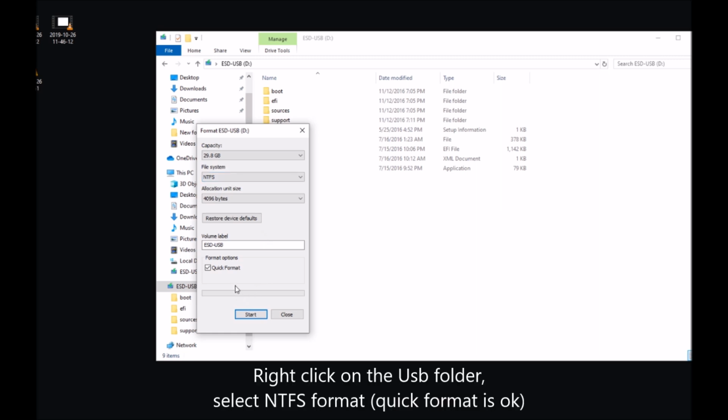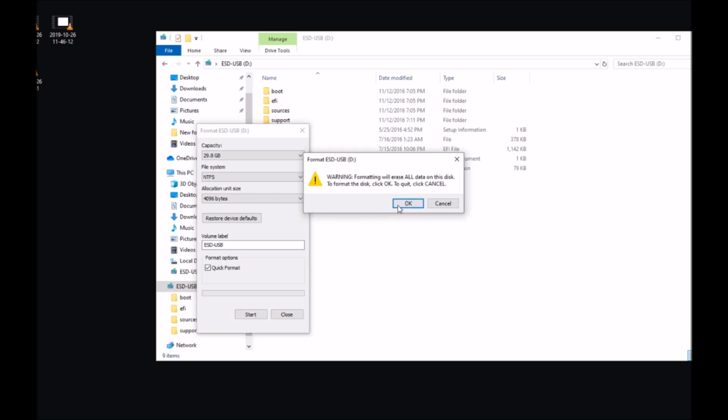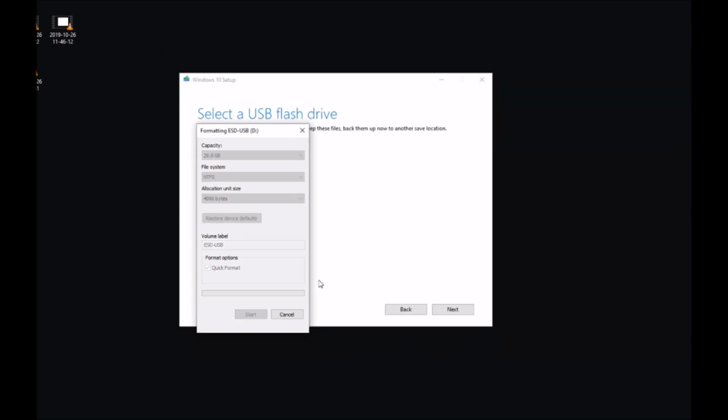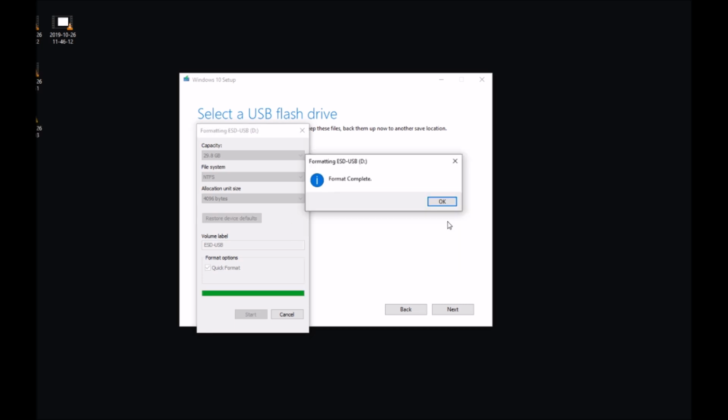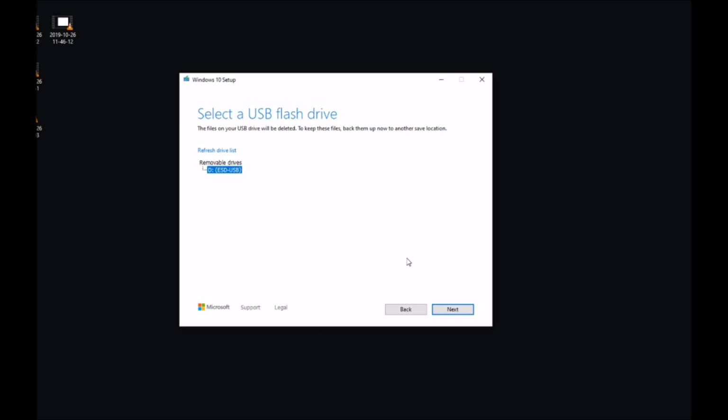And you will need at least 8 gigabytes. The file itself is 4.2 gigabytes, so a 4 gigabyte flash drive won't be enough. It takes at least an 8 gigabyte one. This one is much bigger, which is not needed, but you just use the size you have at hand, basically. So formatting finished. Let's close this and see what Windows thinks about it.